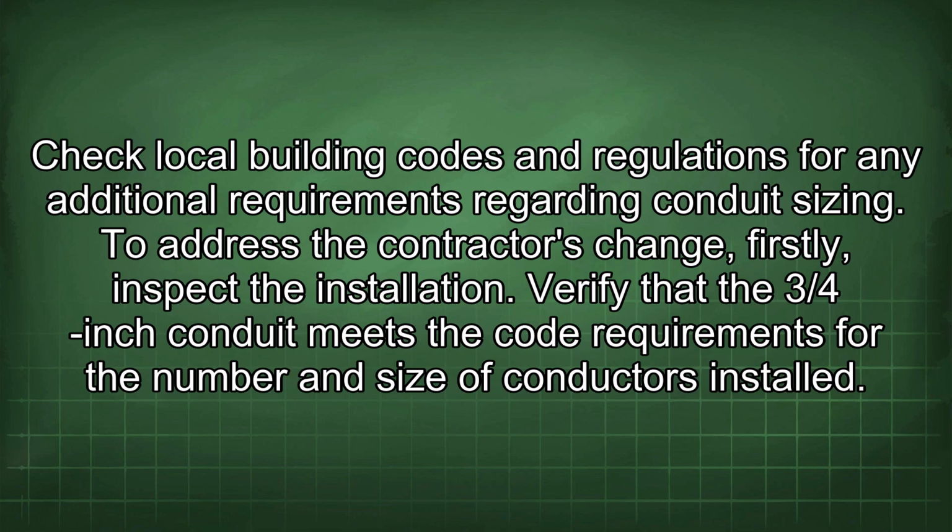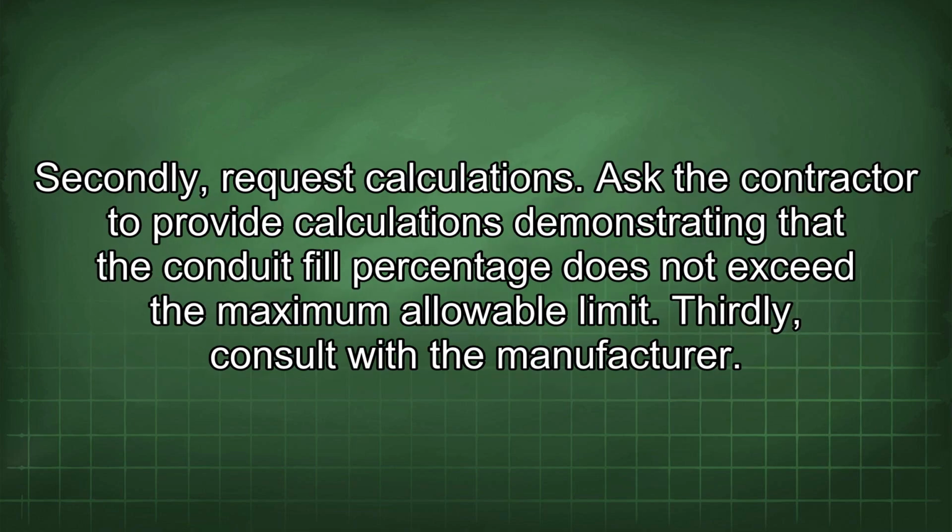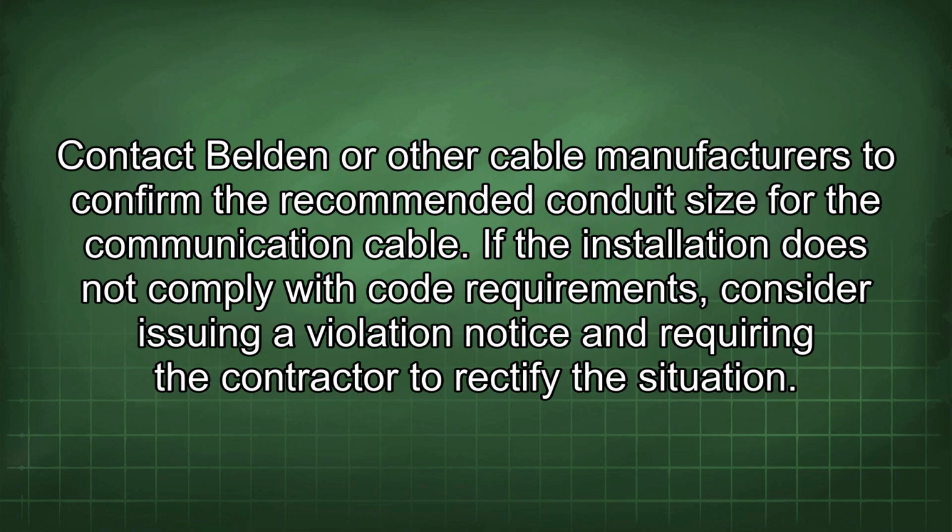To address the contractor's change, firstly, inspect the installation. Verify that the 3/4-inch conduit meets the code requirements for the number and size of conductors installed. Secondly, request calculations. Ask the contractor to provide calculations demonstrating that the conduit fill percentage does not exceed the maximum allowable limit. Thirdly, consult with the manufacturer. Contact Belden or other cable manufacturers to confirm the recommended conduit size for the communication cable. If the installation does not comply with code requirements, consider issuing a violation notice and requiring the contractor to rectify